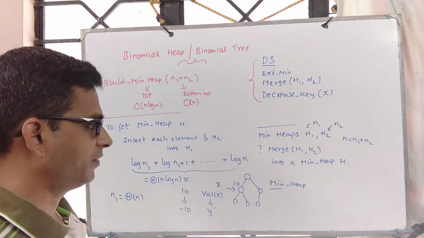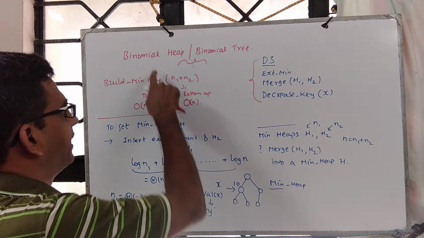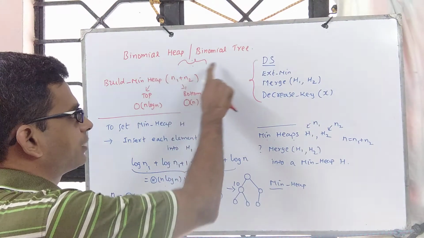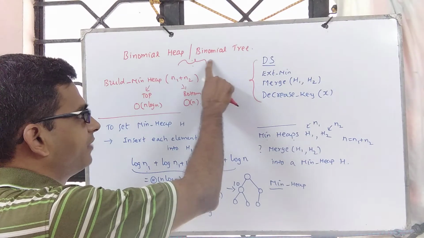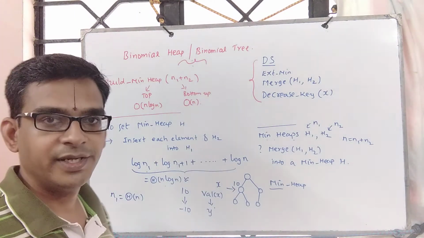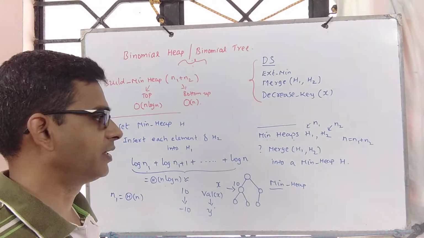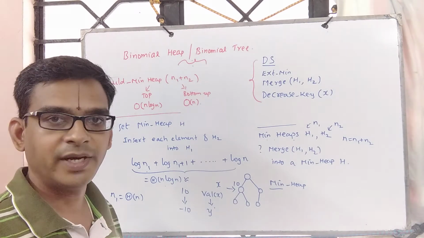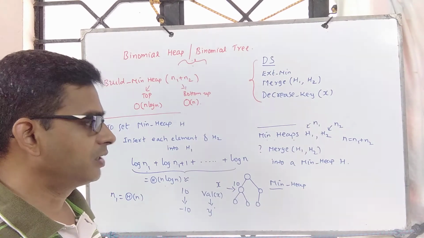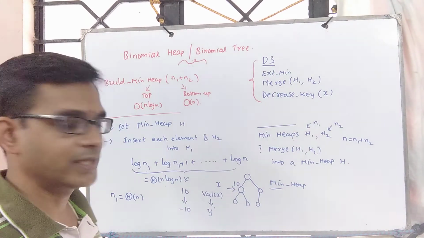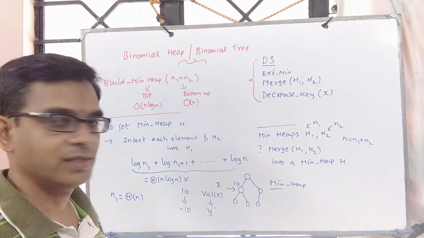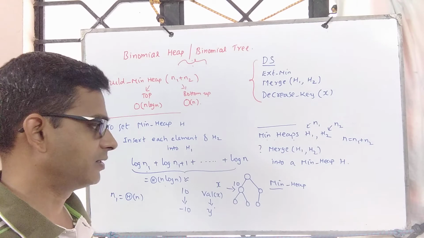With that, we will get into a data structure called binomial heap, and in turn this is a collection of binomial trees. So we will define first what are binomial trees and how to construct a heap out of a binomial tree. Just like from a binary tree one can construct a heap, a min heap and so on. From a binomial tree one can construct a binomial heap, and why it gets the name binomial, that connection, all that we shall discuss.